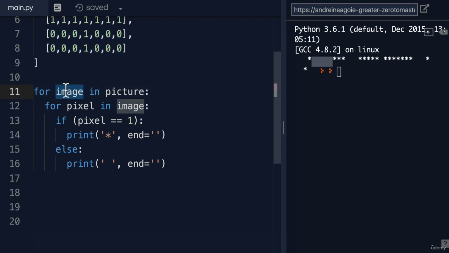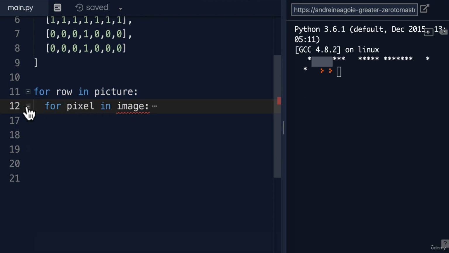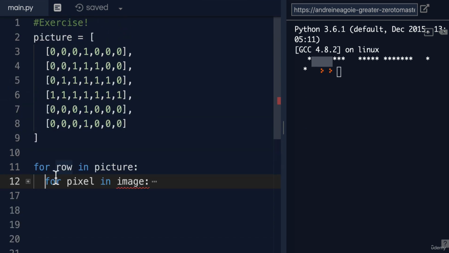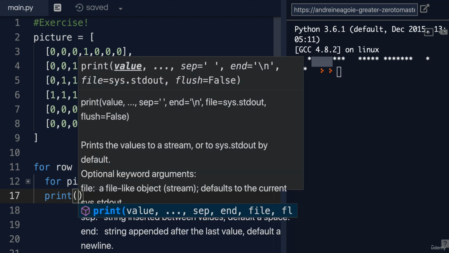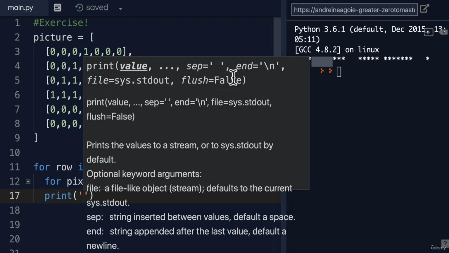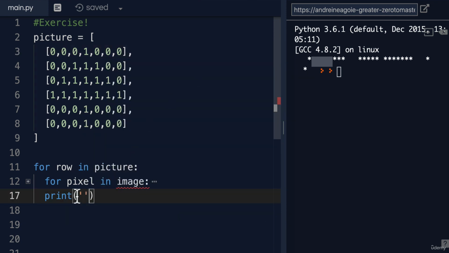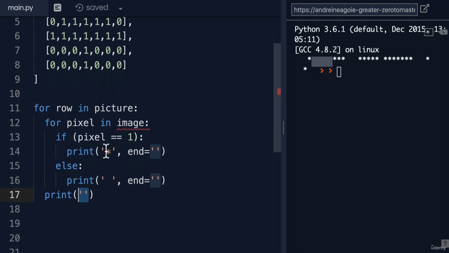So maybe a better name for this will be a row in picture. And in here, I'm going to add at the end of this for loop, so after we're done looping through the entire row, at the bottom here, I'm going to print an empty line. But remember, the default is going to be a new line. So again, an empty string, it's going to default to a new line, and we're still going to have this code. If I run this,